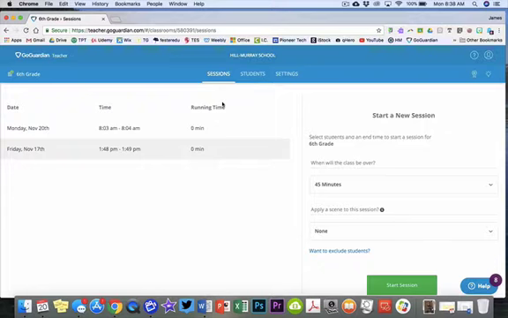Sessions are essentially the time that you are actively tracking student activity on your Chromebooks or on your device. So every time you have a session, which is when you are tracking what kids are doing, it's going to log here. What's nice about that is that you actually do not have to actively watch or monitor students, which we're going to show you how to do later, because all of the activity for the session is going to be logged